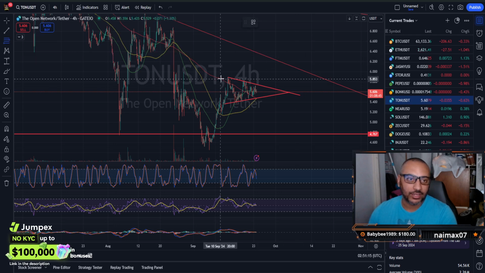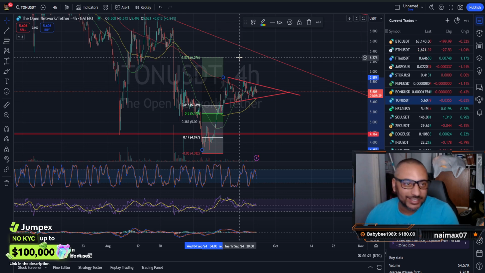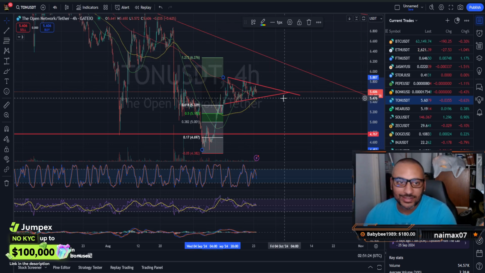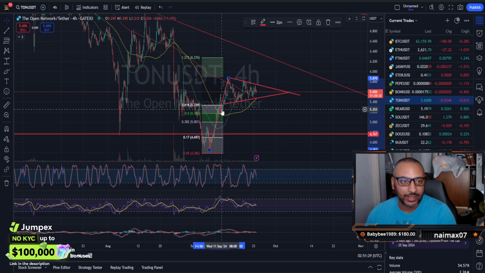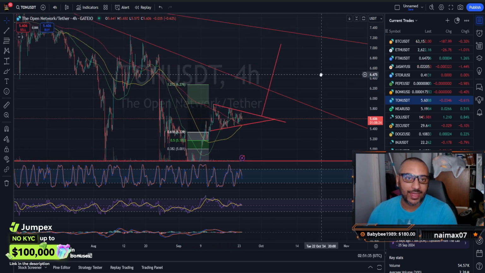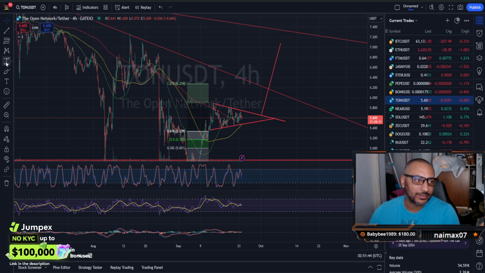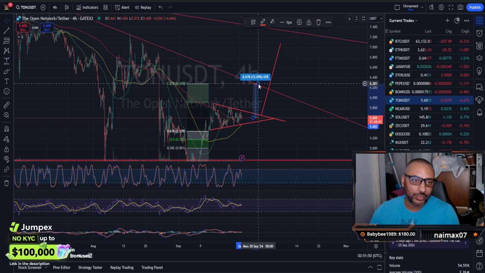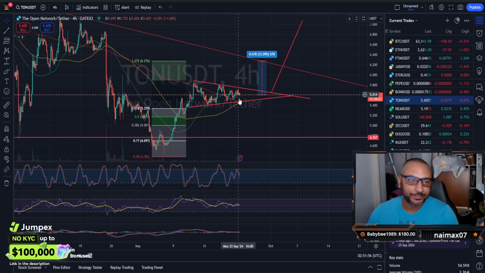Now, if you're looking at this as a fib trade, then you would be looking for a trade up to $6.27. However, for those of you looking at it more like a bull flag, you could be looking at a breakout of this first demand line, and it could go as high as nearly the second demand line, probably touching the second demand line, but $7.08. Now, what does this mean? This means we could actually strategize a little bit for a trade. We could be seeing 12.9% upside, but this is solely dependent.